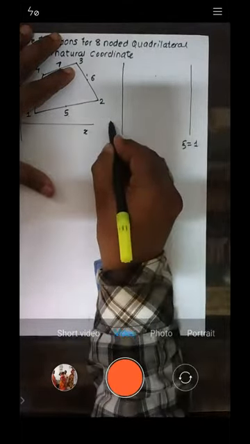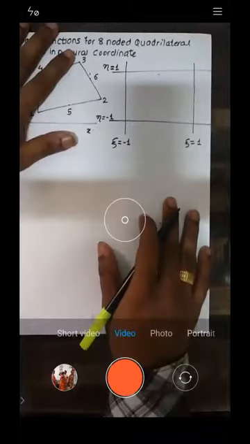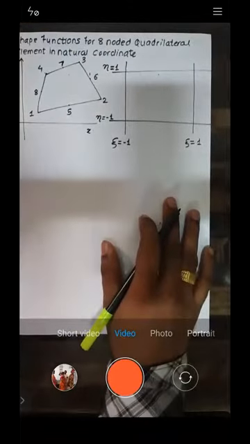In the same manner, we have neta. Okay, let me write down here. We have neta that is ranging from -1 to +1. Right? Is it okay? Do you remember this diagram? Zeta is -1, zeta is 1, right? And neta is 1. Do you remember this?